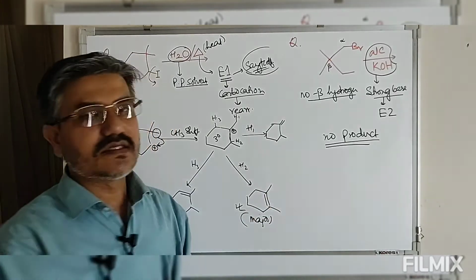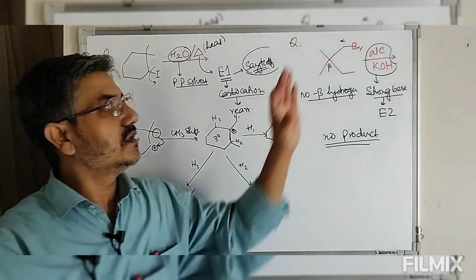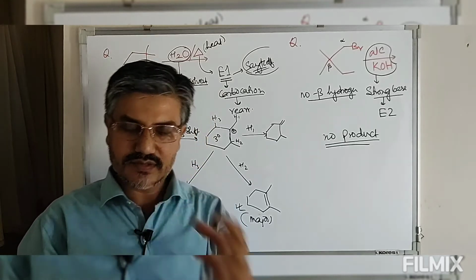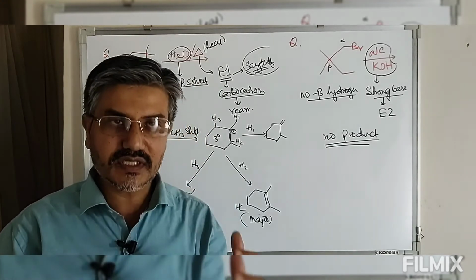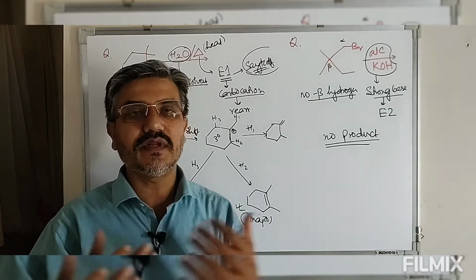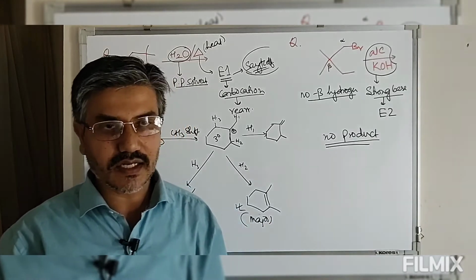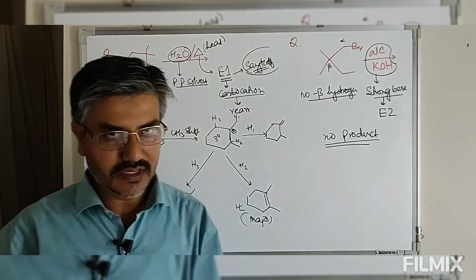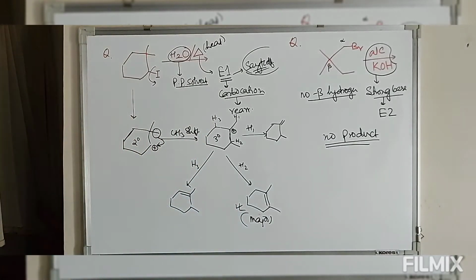So simply the alkyl halide and the reagent are not sufficient for this reaction to take place; it matters whether there is any beta hydrogen present or not. If there is no beta hydrogen, no elimination reaction takes place with this alkyl bromide, though alkyl bromides are much more reactive towards elimination reactions.